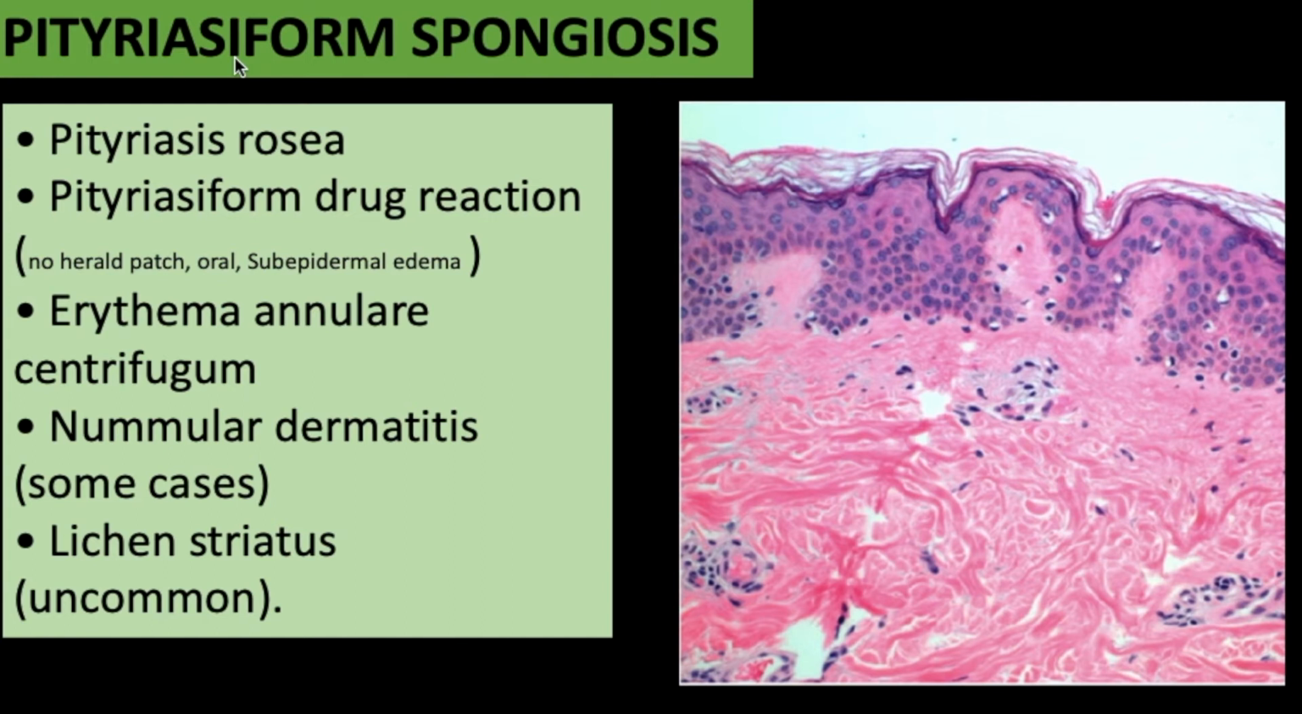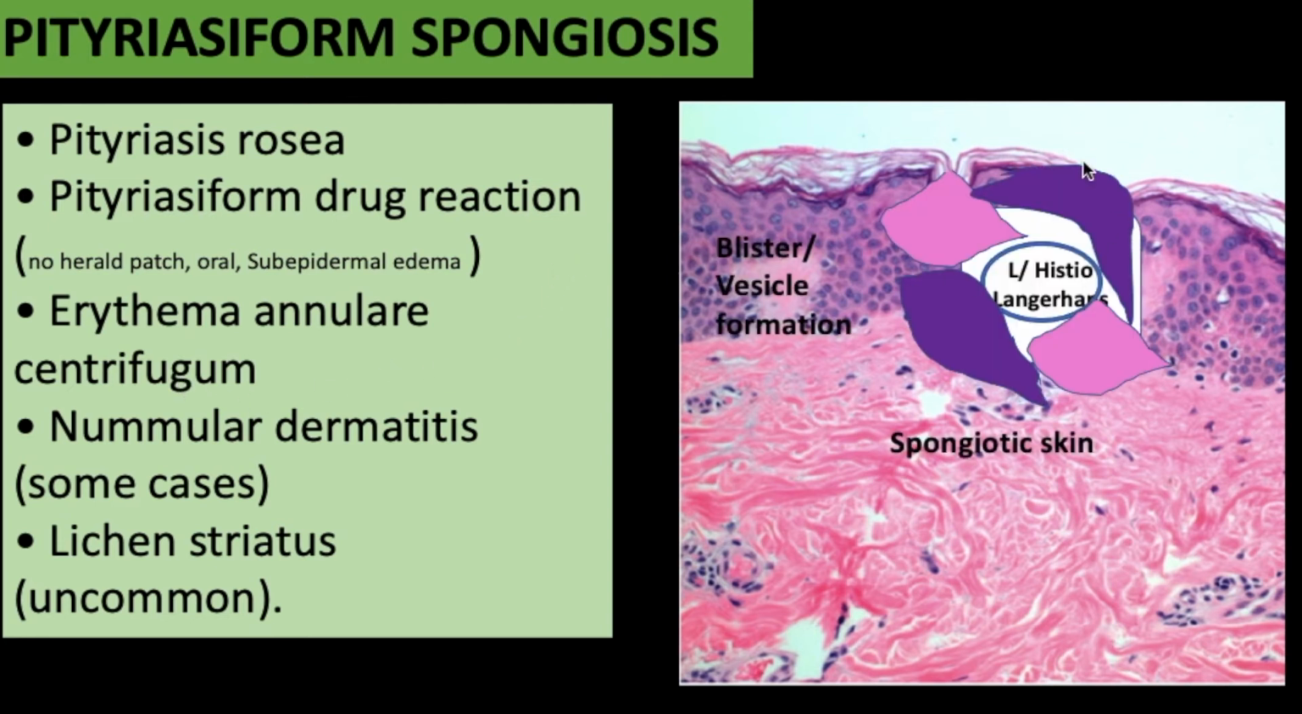Pityriasiform spongiosis has different lesions, like PR and pityriasiform drug reaction. If a drug is suspected, usually you don't see a herald patch, there are usually more oral lesions, and the edema is subepidermal. Erythema annulare centrifugum I will talk about, but before we talk about the specific entity, I want you always to